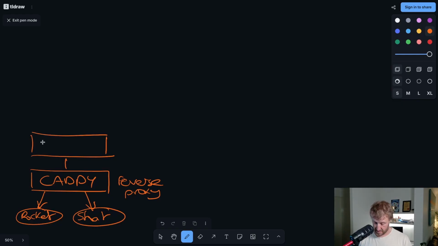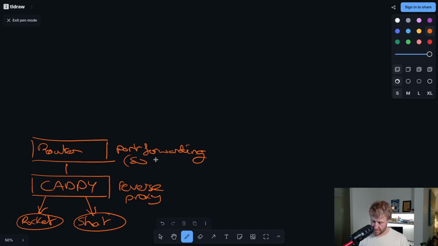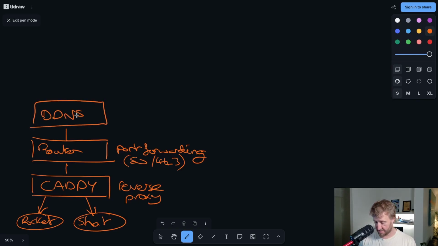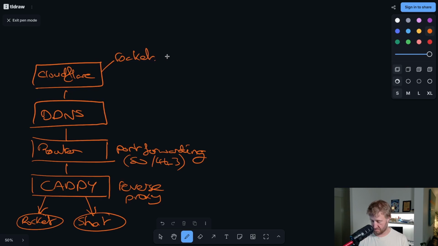Next up, I have my gateway router, for port forwarding of 80 and 443. Then we have dynamic DNS. And then finally, we have Cloudflare, which has